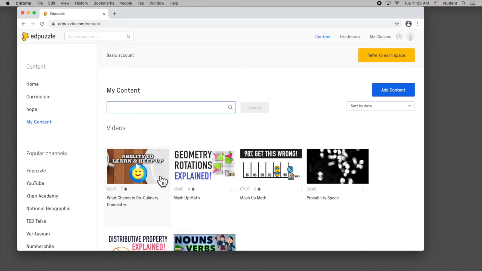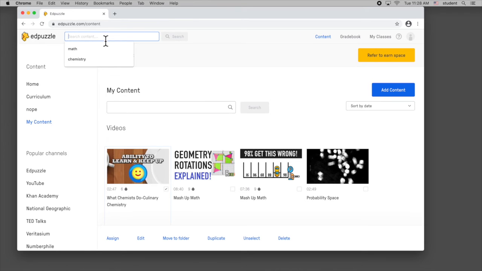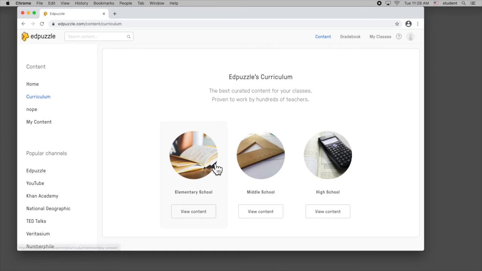So this is just creating the lesson in here. So again, I can duplicate, unselect, I can delete. So this is in my content folder. So I just did a search at the top for content. If I want to go to curriculum, I can search by elementary school, middle school, high school, view content,